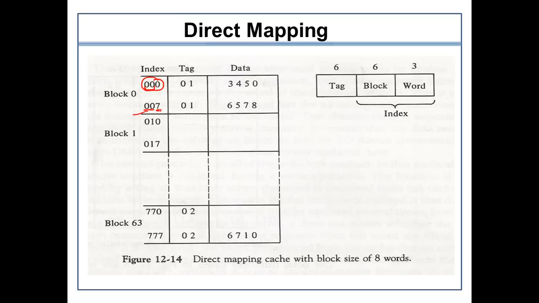And this, the last bit, is just determining the word which I need to search. And then there is a tag bit. So these are the tag bits. Depending upon the value available, I need to search this entire data in the cache memory. So in the example, we have taken a total of 64 blocks. From that specific block, I can figure out or take the data which has been required by me.